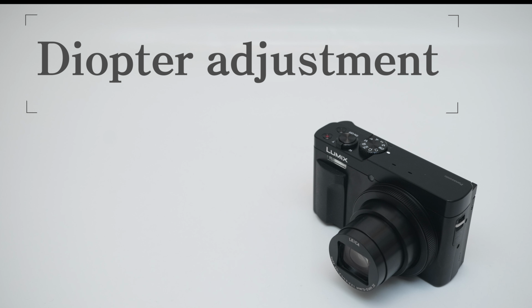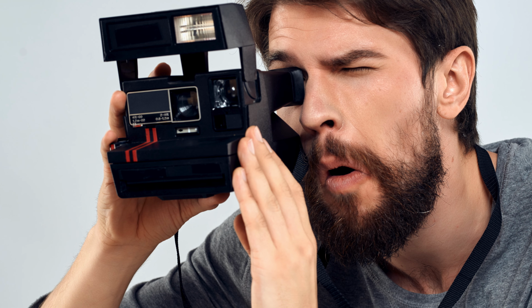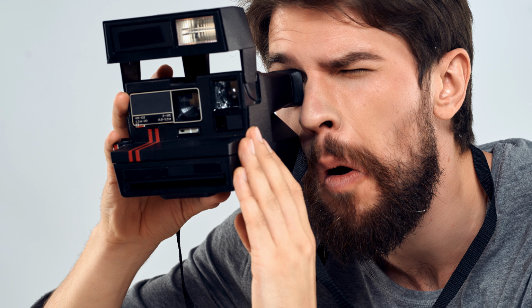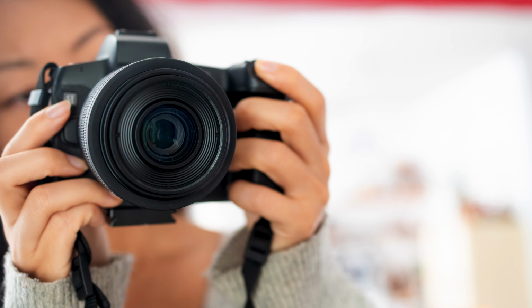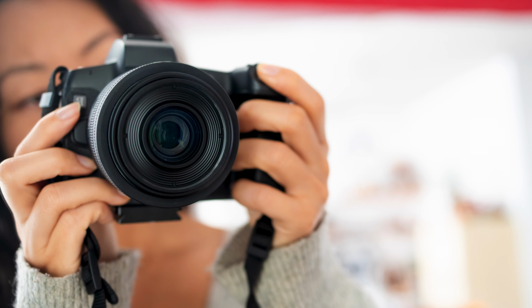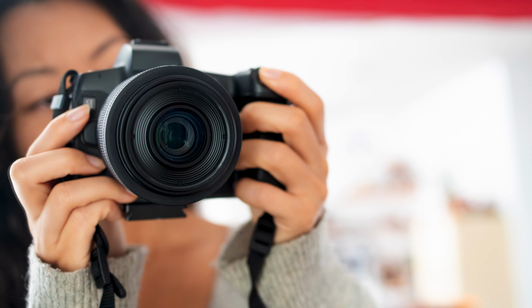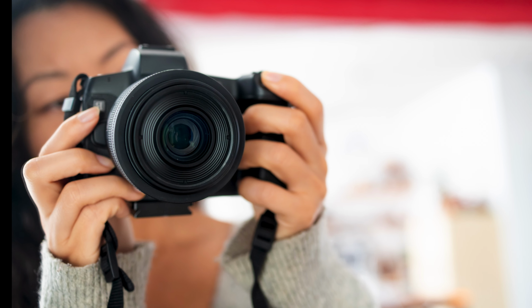Next is the diopter adjustment. The diopter adjustment allows you to fine-tune the focus of your viewfinder so that you can see everything clearly through it. Sometimes, your image looks perfectly in focus on the monitor but appears blurry when you look through the viewfinder. This symptom is usually not a malfunction. It may be that the diopter adjustment is not correct. You can fix this easily by sliding the diopter control while looking through the viewfinder until everything appears sharp and